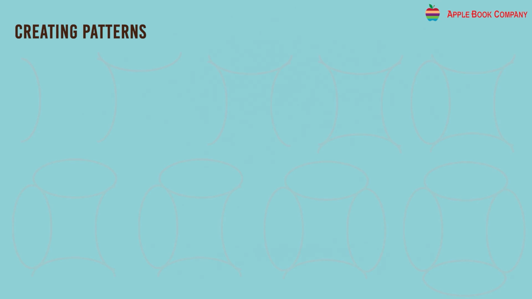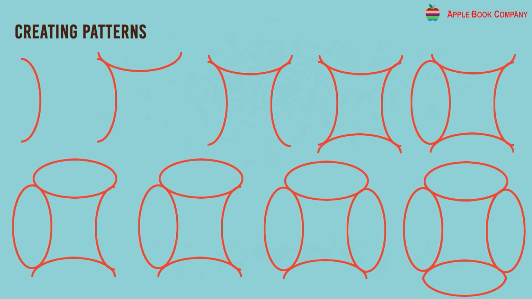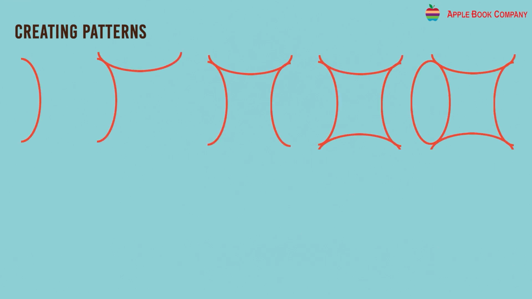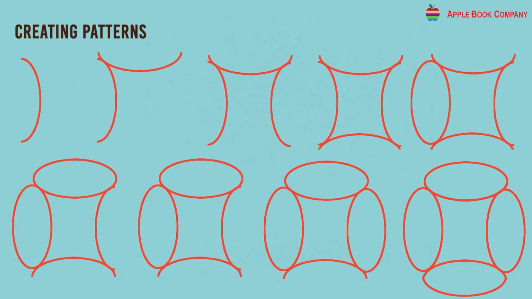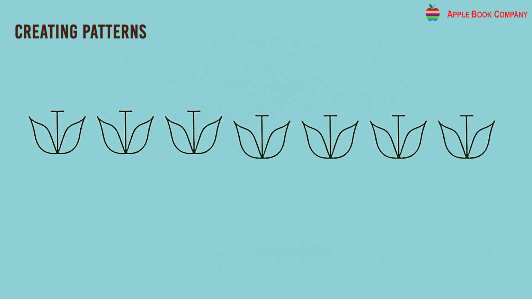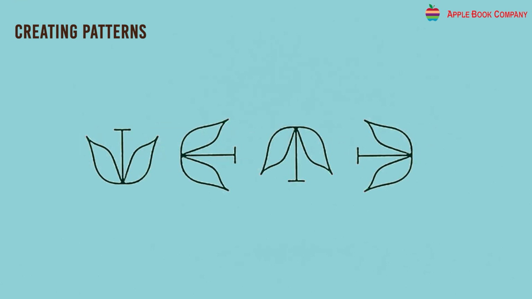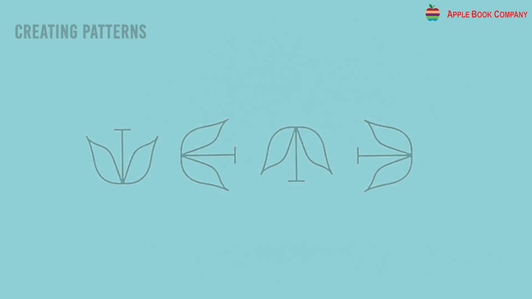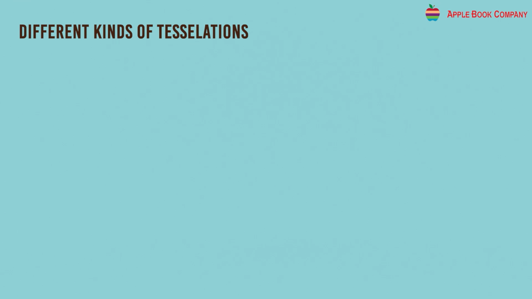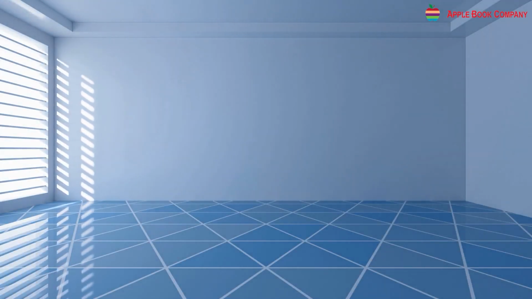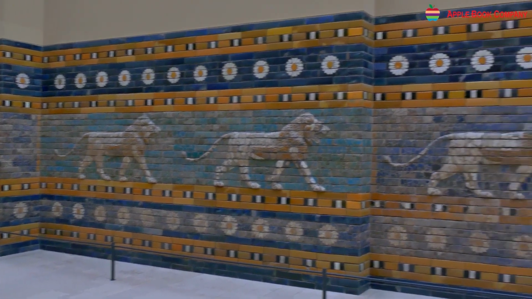Creating patterns. In the following example, see the creation of a pattern by a curve. In each step, one curved line is added in the clockwise direction. We can repeat the same design over and over again. We can rotate the basic design by a half turn and repeat the two designs. We can repeat the basic design with a 1/4 turn every time. But all these are not tessellations. Different kinds of tessellations. Some designs of tiles on floors or walls of a room are the following.